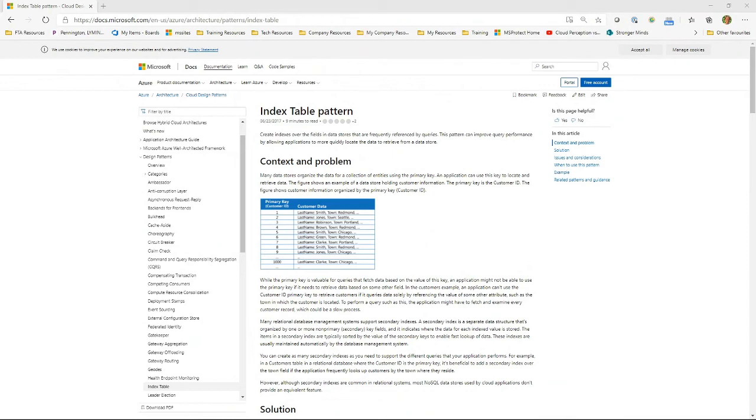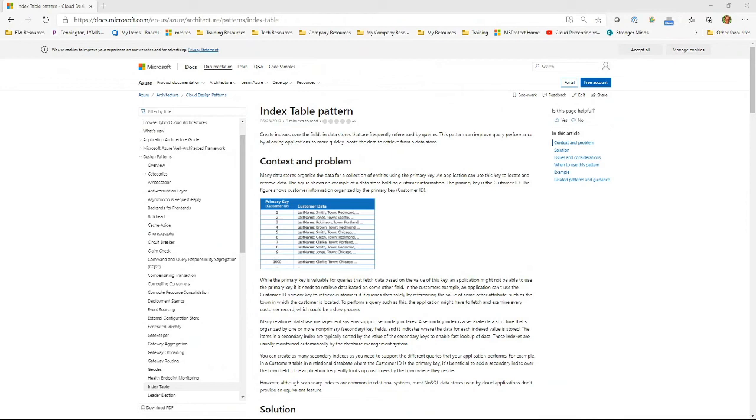So I love both of these patterns. I think they're really valuable in a world where we have an increasing amount of data to take care of and to surface quicker than we've ever done before. Everybody wants everything and they want it now, so we need to find strategies to deal with that. I think the thing to be wary of is the index table pattern.